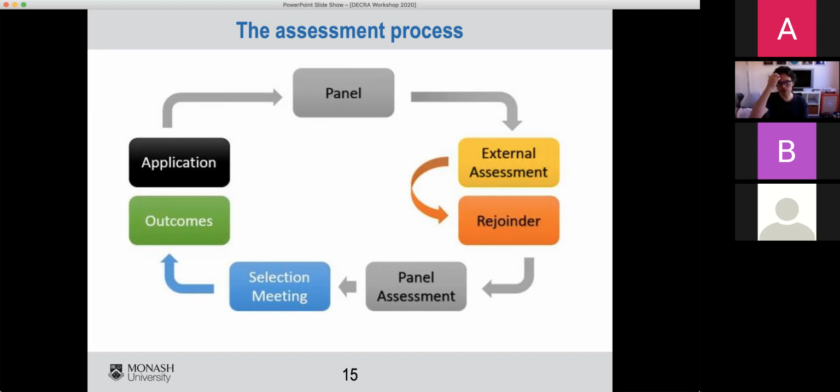So part of the challenge in writing a grant is that you could have quite a diverse range of people to speak to. You may have to speak to the specialists in your field. You will almost certainly have to speak to non-specialists in your field. And then, depending on exactly what your broad discipline is, will dictate how broad the selection panel is. So this needs to be all things for all people. You need to be able to speak to a non-specialist, and you need to be able to speak to a specialist. And ideally, you want all of those people on your side arguing for the funding of your grant.